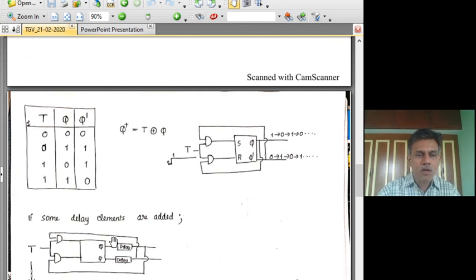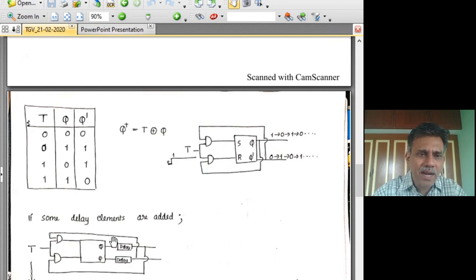So this is how we construct a T latch, which can be used to toggle once by giving a pulse. So every time you want this to toggle once, you just give a pulse. If you give a pulse 3 times, separated appropriately, then 3 times it will toggle. If you know the initial state and if you can count the number of times the pulses have been given, you can at any given time find out what would be the state of this latch.